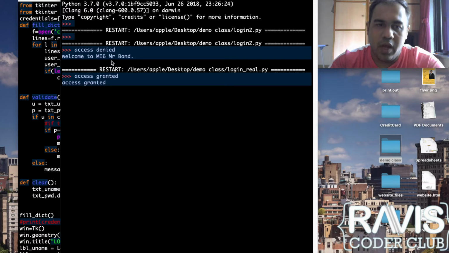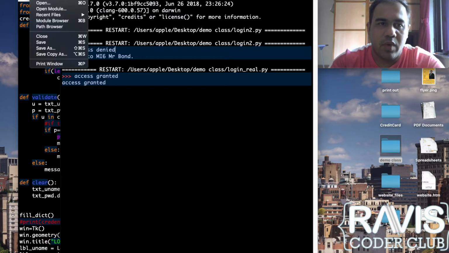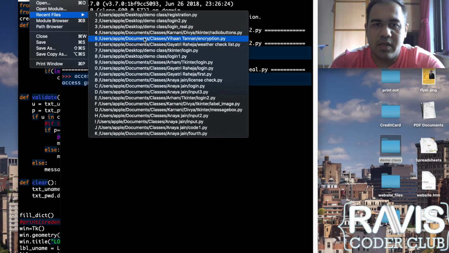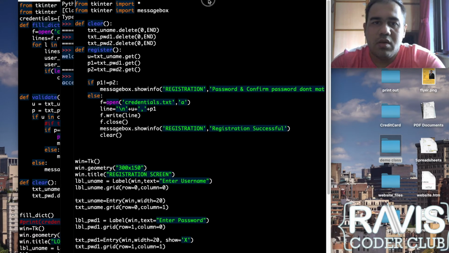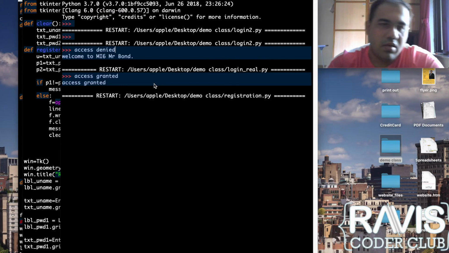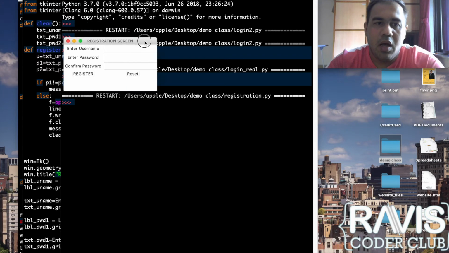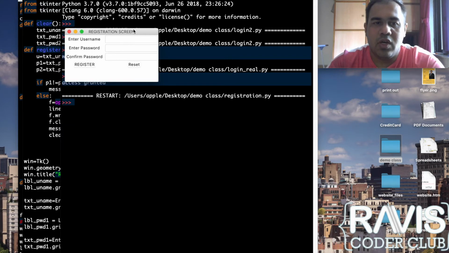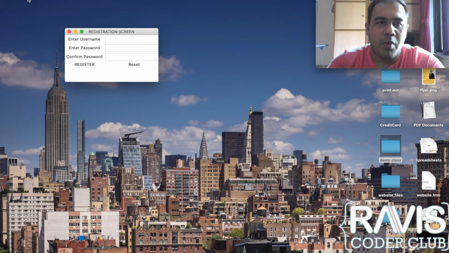Okay, how do we do that? Let's do that. I've made a basic UI code for that as well. So if I go to file, recent files, there's a registration. Here it is. So there's a registration, and now here let's check what it is. Okay, now this is a registration page. So let's minimize all these things so that you get a proper background for it.